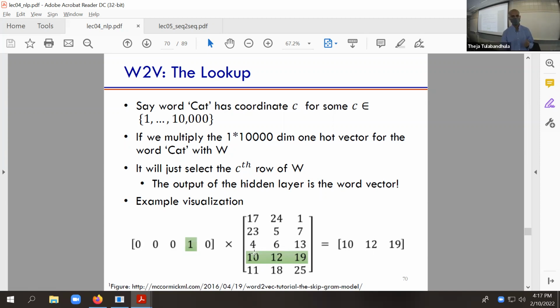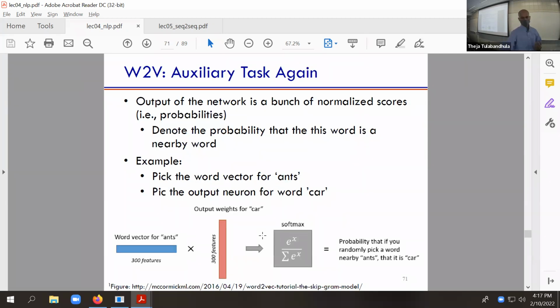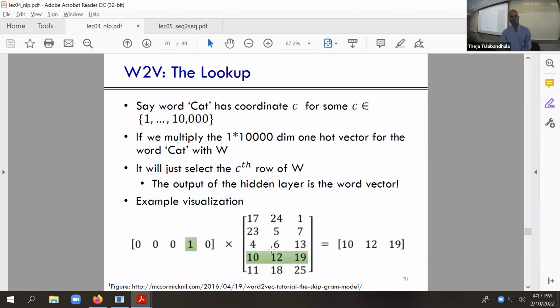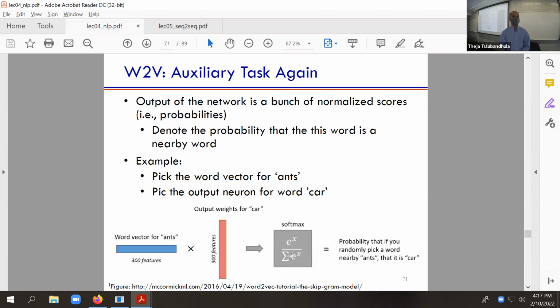Okay, so that's like a lookup, right? So that's a given cat. This is the vector for the cat. Okay, and so that's pretty much one of the reasons why we are interpreting the input side, the mapping from input to hidden layer, that weight matrix, or the transpose of that weight matrix, to be the word embedding matrix. Okay, so now let's look at